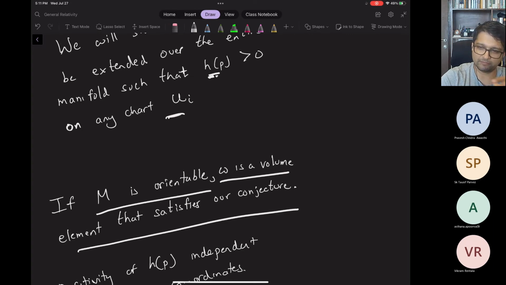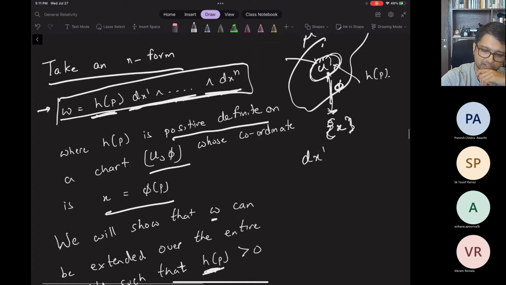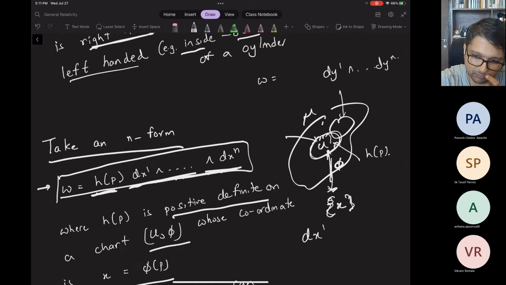And if M is orientable, this omega will be a volume element that satisfies our conjecture that it's non-zero everywhere. Because if I have a different coordinate patch, I'll have different coordinates y1 through yn. And the claim is now that omega is not just defined in one patch, but over the entire manifold. If I can show in this patch that there's some h prime of p, which is not a derivative, just a different function, and this is also positive,